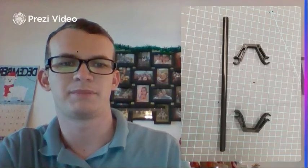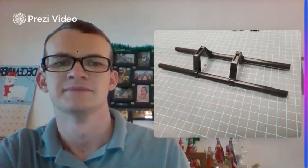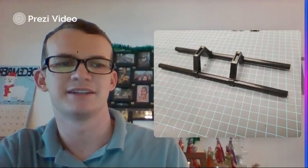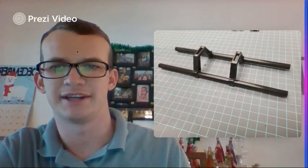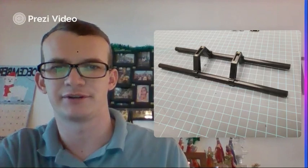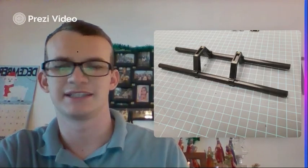So slide, and you'll do that with both pylons into both V-frames, and you'll have something that looks like this. And you don't have to worry about the spacing right now. Just try to keep them even. We'll get the spacing figured out when we move on to the next piece. So there you go. That's what yours should look like. Both slid through the holes on the V-frame piece. Next, we're going to get